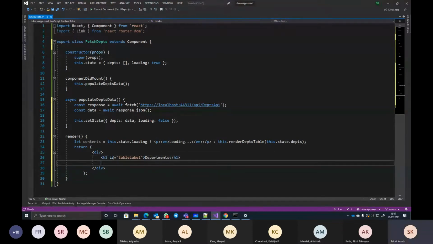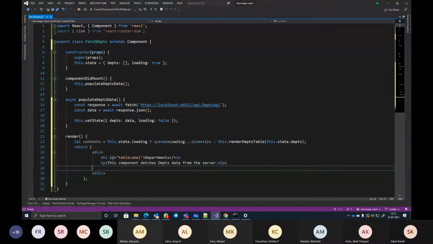Okay. Next, I want a paragraph where I simply display some text. This component fetches departments data from the server. This is only for our understanding. Then there's another paragraph